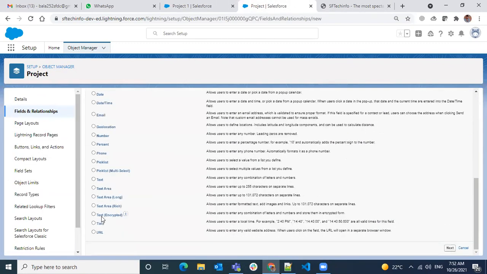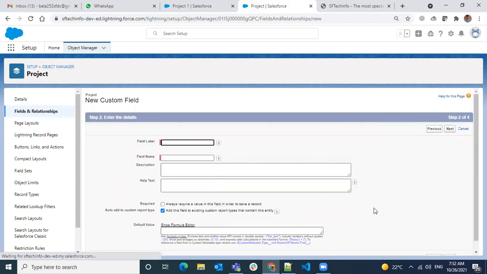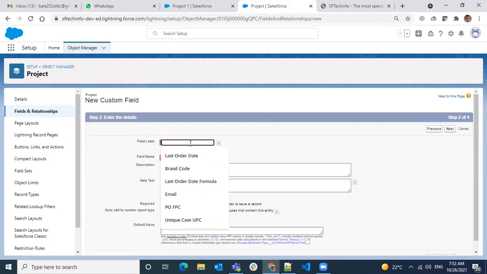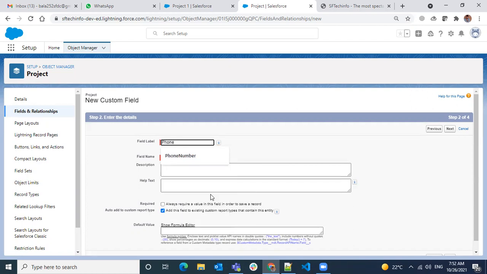So URL we have seen, time seen, mission will cover, exterior. Okay. We have some other field called phone field. It will allow you to give different formats of a phone. And okay, let's create a customer phone. I'm just keeping it as a phone only.